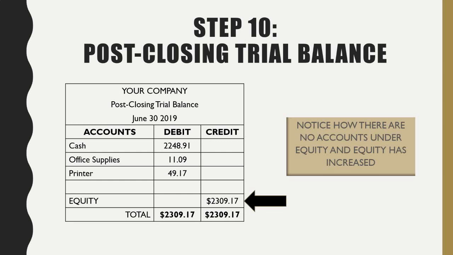If that is true, then the post-closing trial balance should be fairly easy to create. You're just going to test to make sure that your debits are equal to your credits and make sure that your equity is actually the value of your new equity that you calculated in your